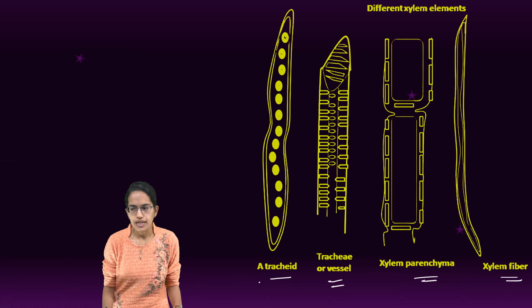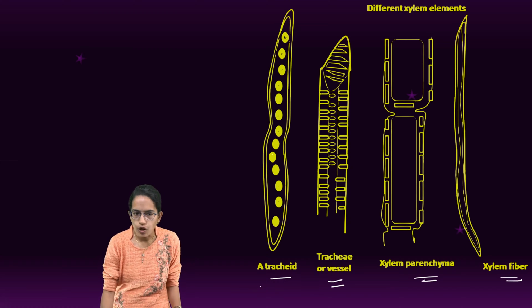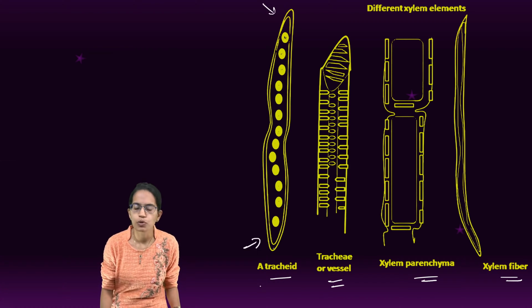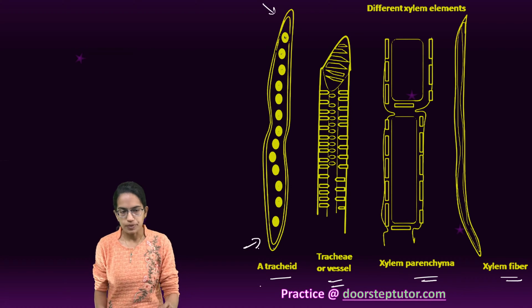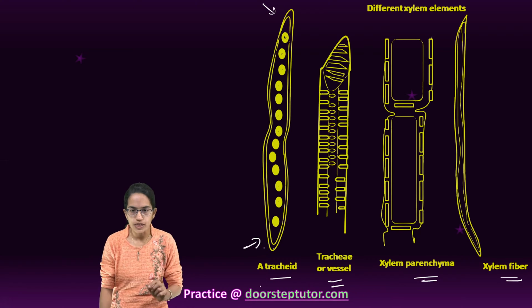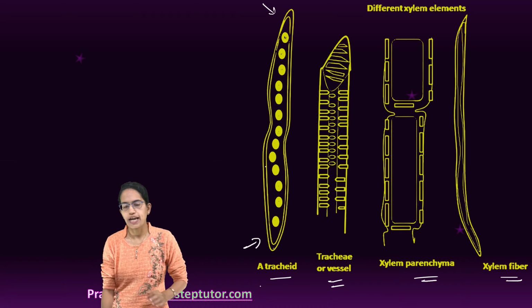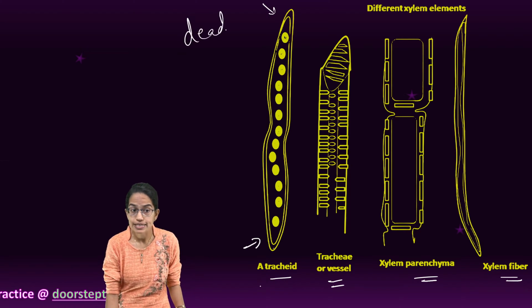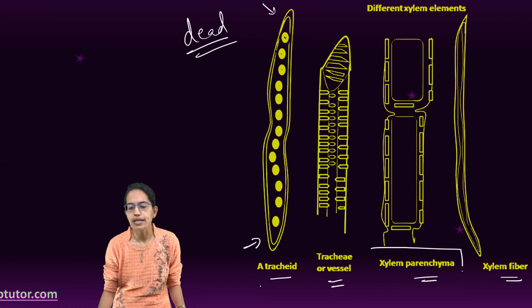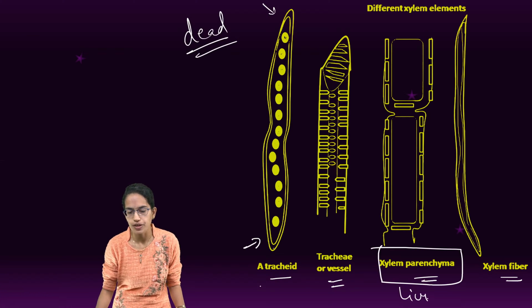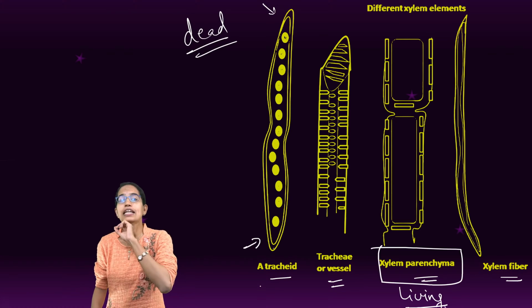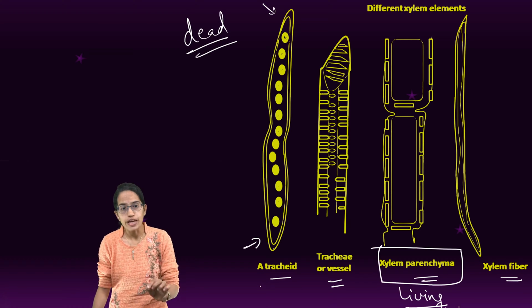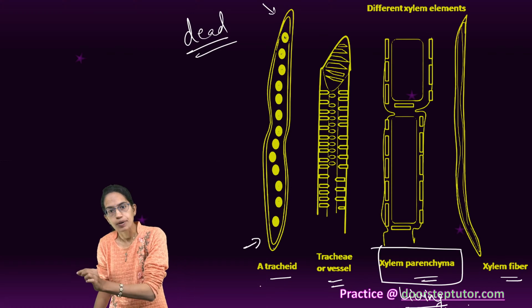So what is xylem trachea? They are elongated dead cells. As you can see, they taper at both the ends. Very important. So xylem trachea tapers at both the ends. All forms of xylem are dead except xylem parenchyma, which is living. Very, very important. Phloem, on the other hand, is a living conductive tissue with only phloem fiber, which is dead.